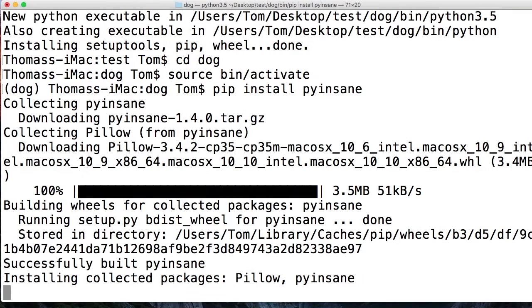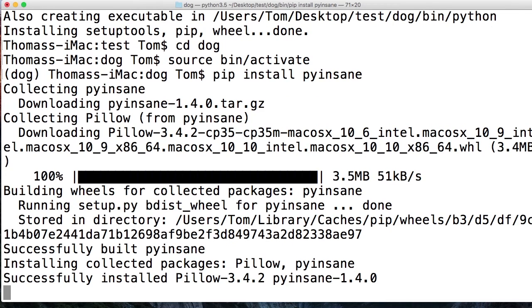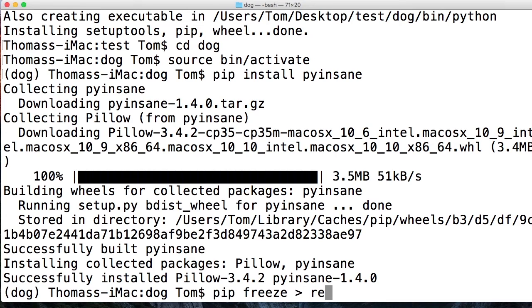As it's installing Pillow, which right here is a required package, and Pillow is a package that allows you to work with images, it also installs PyInsane. Anyhow, all right. So now we've installed PyInsane. If I do pip freeze, and then the greater than symbol, and then requirements.txt,